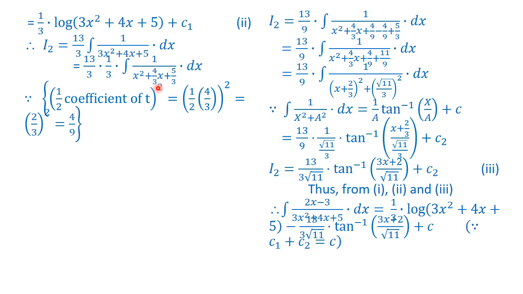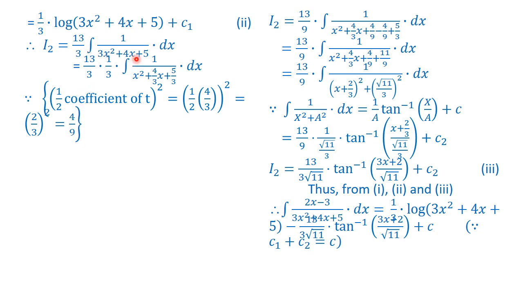Third term is equal to half into... it is not mentioned here, but you can write there "third term", and for short, TT. First T stands for third and second T stands for term. Third term is equal to half into coefficient of x, bracket square. Here x is there, so half into coefficient of x, which is 4 by 3, bracket square. 2 twos are 4, so finally we have only 2 by 3 bracket square, and its square is 4 by 9. So we have to add here 4 by 9.